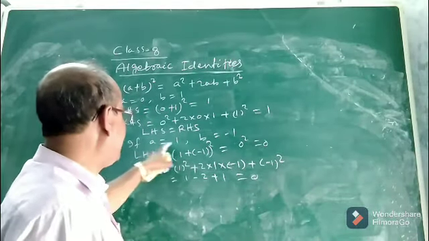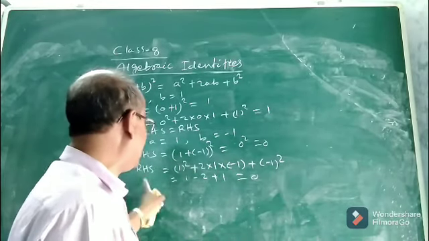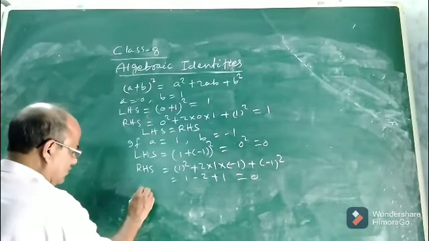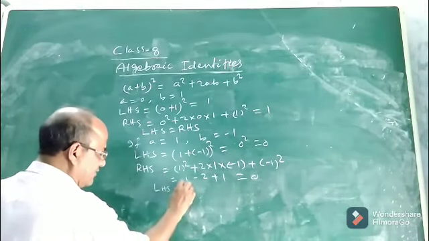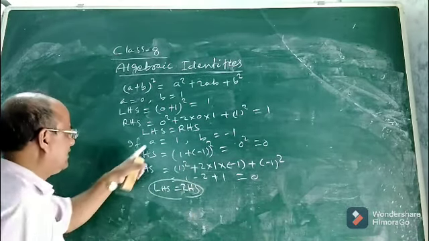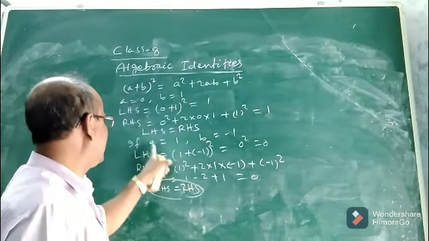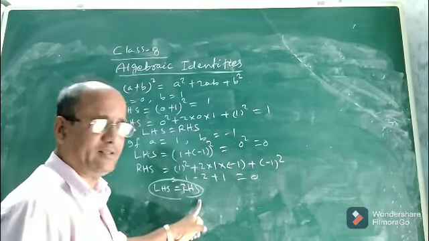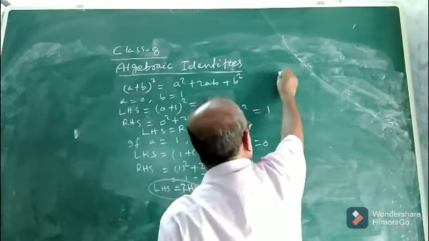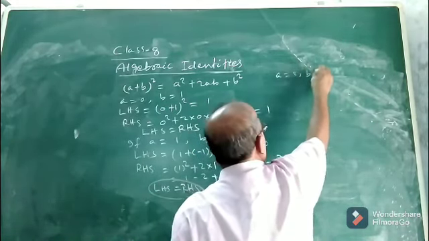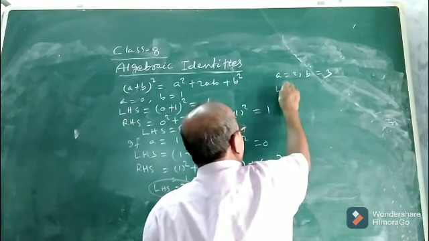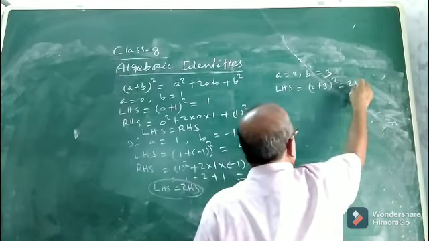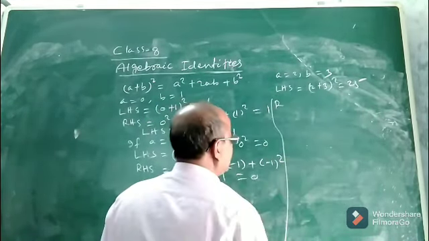Now if we take a equal to 1 and b equal to minus 1, then also LHS and RHS are coming same. So we saw that if the value of a is 0 and b is 1, then LHS equal to RHS of this equation. If a is 1 and b is minus 1, then also LHS equal to RHS. Now let us take a equal to 2 and b equal to 3. Now find the value of LHS. LHS will be 2 plus 3 whole square, it is 25. What about RHS?